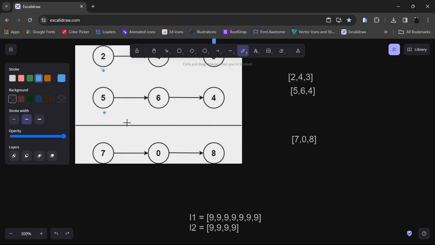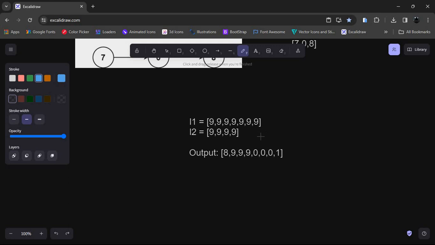Now here the size of the linked lists is the same, but when the sizes are different, what we are going to do is check if L1 is not equal to null pointer and L2 is not equal to null pointer, then we store the value. For example, here L1 is not equal to null pointer, so first we have 9, then L2 is not equal to null pointer, then we have 9. So it will go till the fourth iteration. After the fourth iteration we see that L2 does not have a value, so L2 is a null pointer.